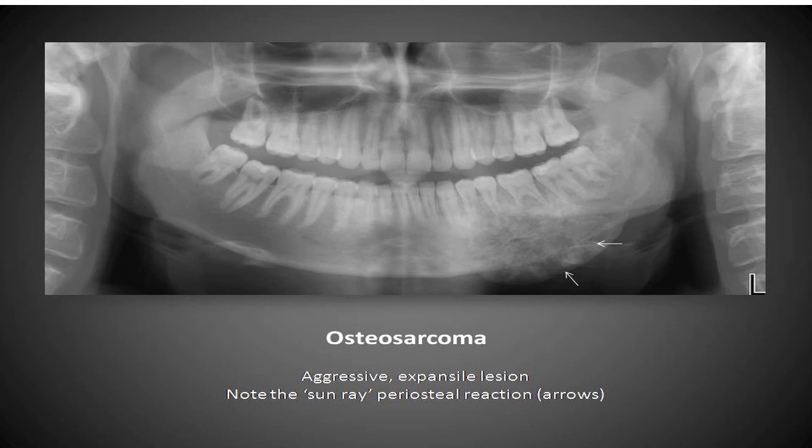A lot of radiographs with the same lesions have been analyzed and assessed for us to come to this conclusion, where for example in osteosarcoma you notice a sun ray appearance, and similarly